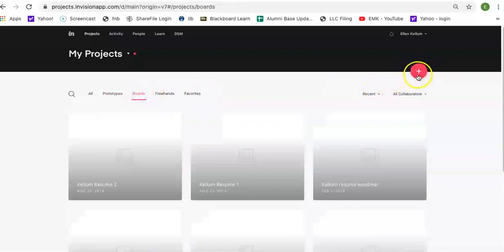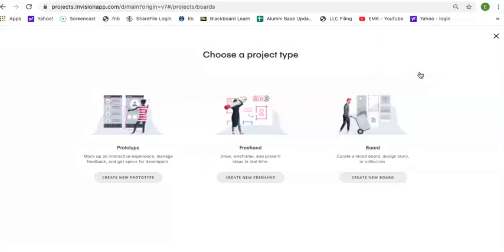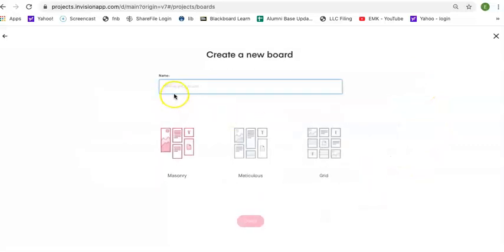You will see this pink circle up here in the upper right with a plus sign. If you click on that, it will say choose a project type, and you want a board. So create a new board, select that. You have to name it. I would suggest you can put your name on it, your last name on it,